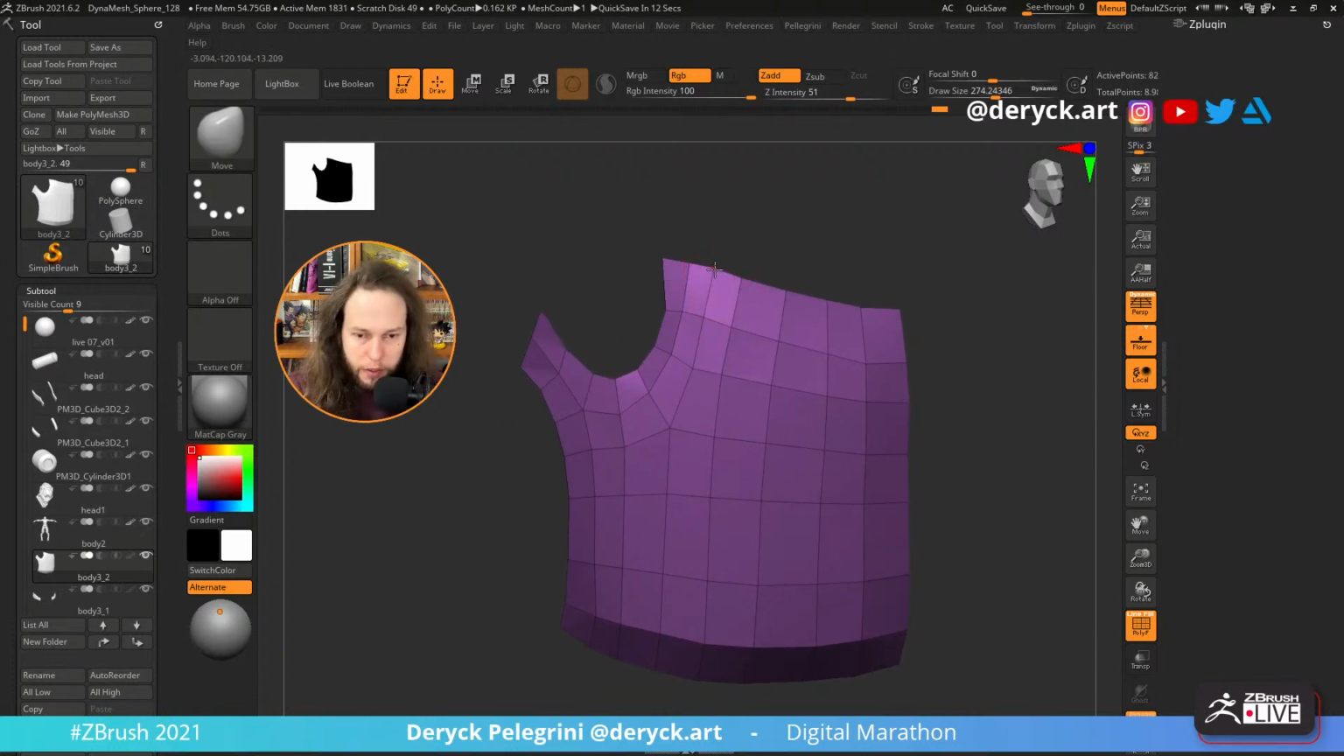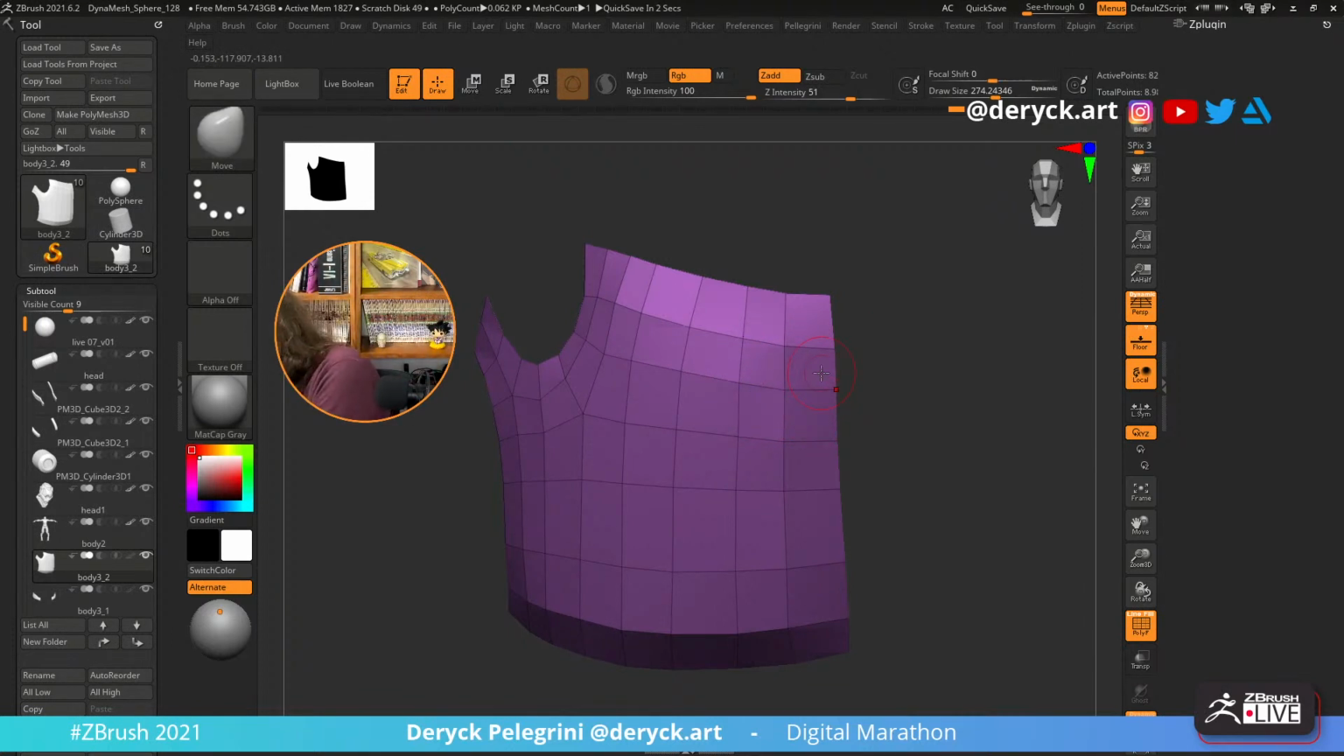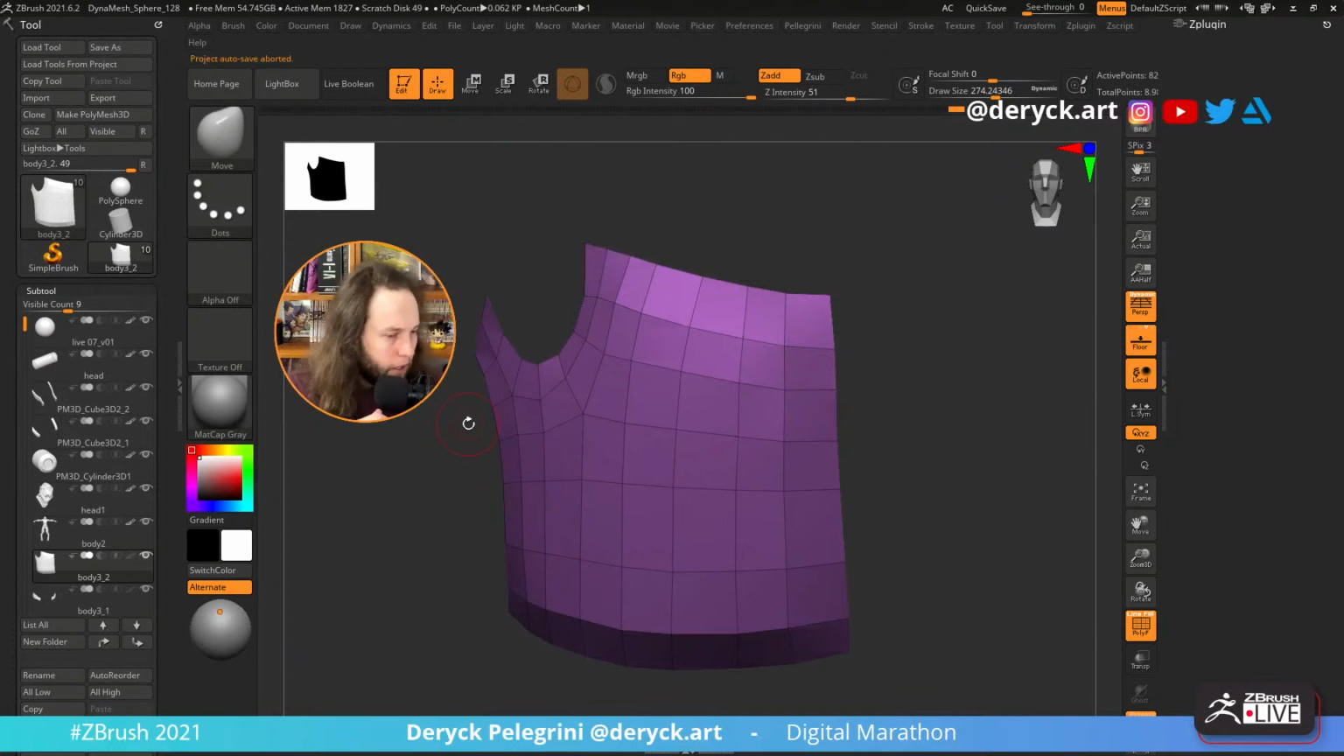Yeah, tell me if that's what you mean. Why? And I'm gonna fix a little bit this shape. Sorry. Yeah. So when you merge down a subtool into another subtool, what